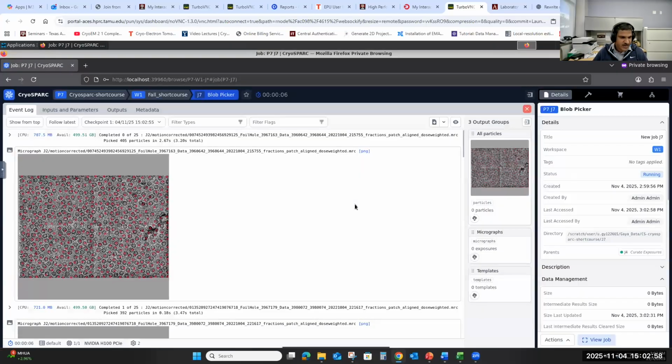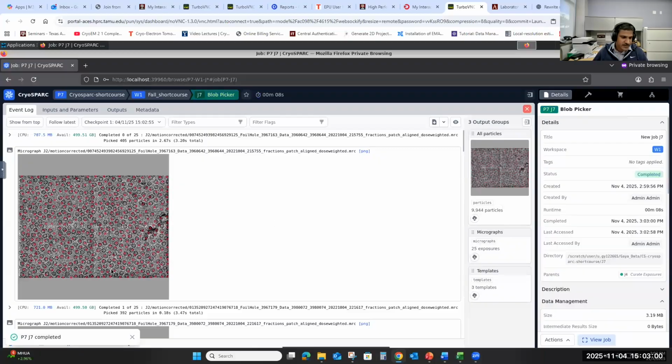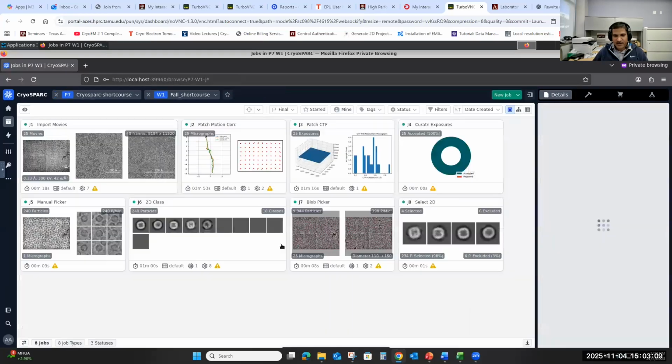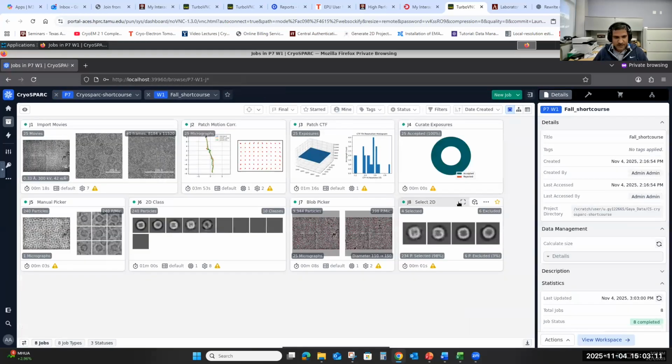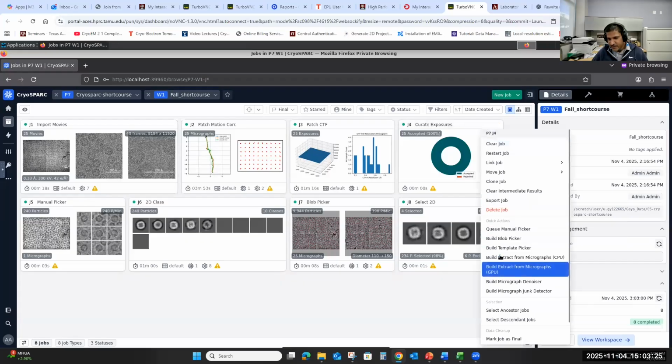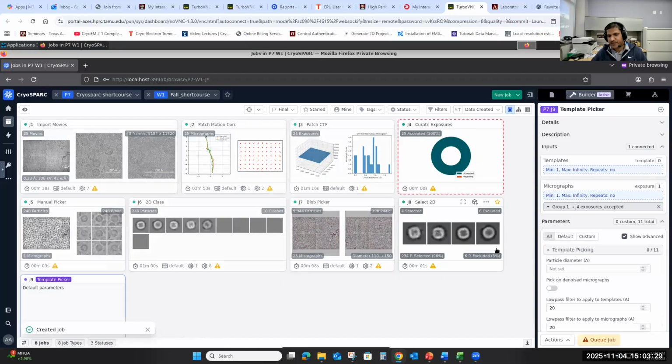You can do this if you have several thousand images. You can do this for 100 images or 50 images. Once you find the good parameters, you can run it for the whole data set. But you can see still some are centered, some are not. So I will still go with this one. We did the manual particle picking and 2D classification. And then what I do is go to curate exposure, and then I will